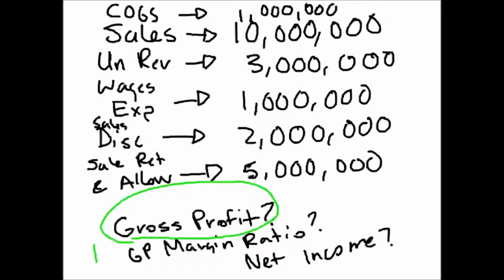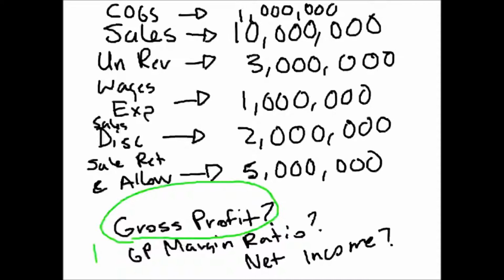Now, what is gross profit? So now that we figured out net sales, what is gross profit? You guys can do this. You guys got this. You guys are awesome. Net sales minus cost of goods sold. So net sales of 3 million minus cost of goods sold of 1 million gives us our gross profit of